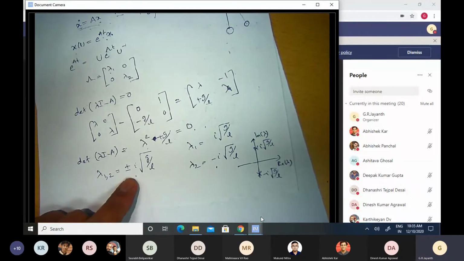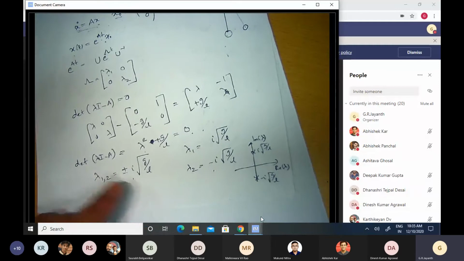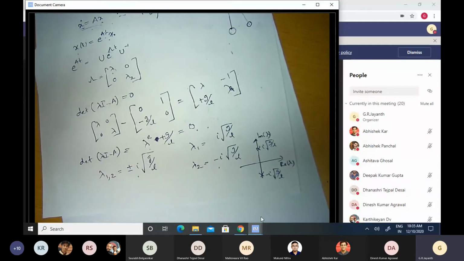So the fact that the real part of lambda here is 0 and both the lambdas are imaginary tells me that this system is marginally stable. And I know from physical experience that if a pendulum is displaced from its equilibrium and released, in the absence of any dissipation, it will keep swinging back and forth. The amplitude will neither increase with time nor decrease with time. That's why it's a marginally stable system.